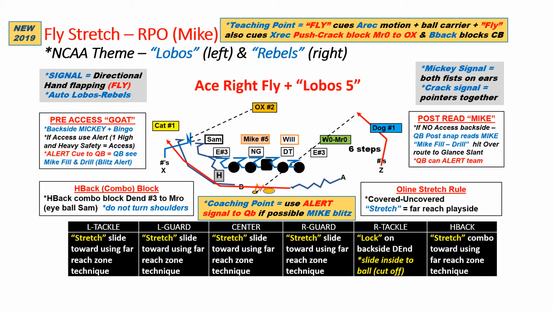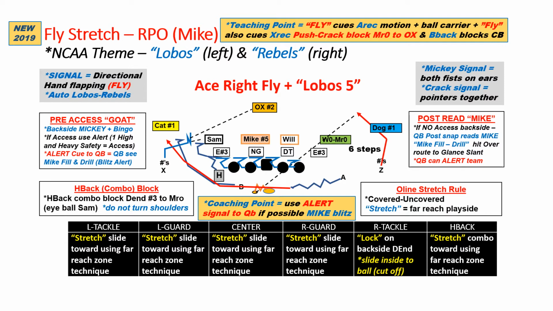This is our fly stretch. If we want to start to get what's called jet sweep or fly sweep, we simply add the signal of the directional hand flapping. We don't need to make any verbal call. It's automatically Lobos and Rebels. So the verbal would just be Lobos, for example, here. And then the back, the quarterback, and the A receiver who's in motion knows he is going to be the